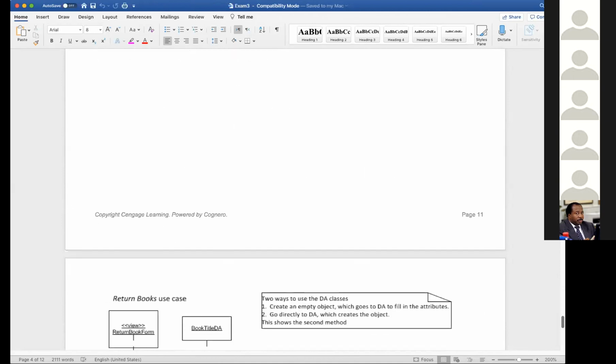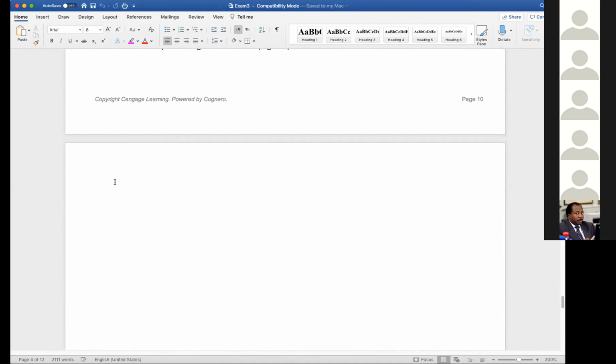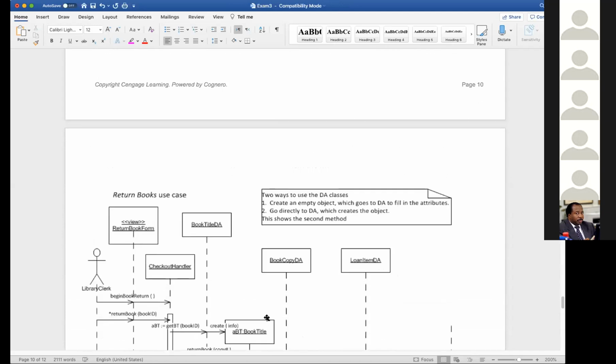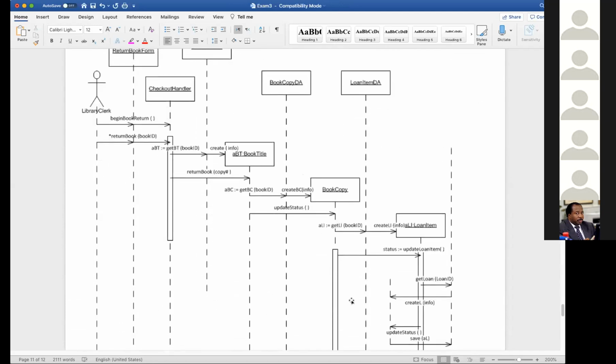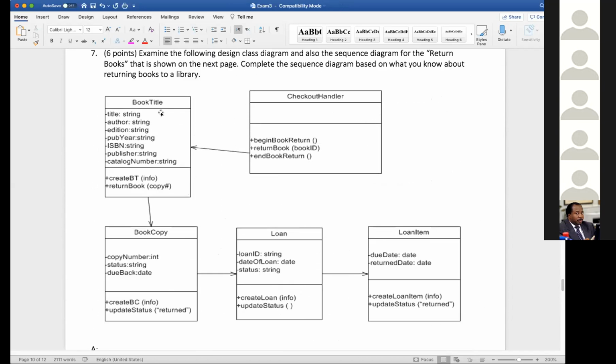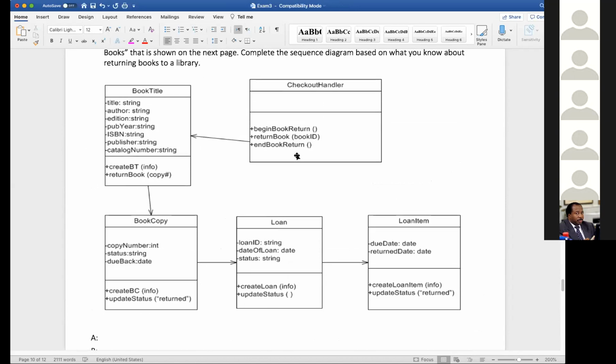Oh, this is the opposite of the other one. So just a few minutes ago, I asked you to read the sequence diagram and give me methods for what? Checkout handler, book title, book copy, loan, and loan item. This is the opposite of that. So I don't know if you want to spend time on all of them, but let me tell you how it works here. You have a series of methods in each of these classes. You can use the exact same or come up with something that makes sense for the